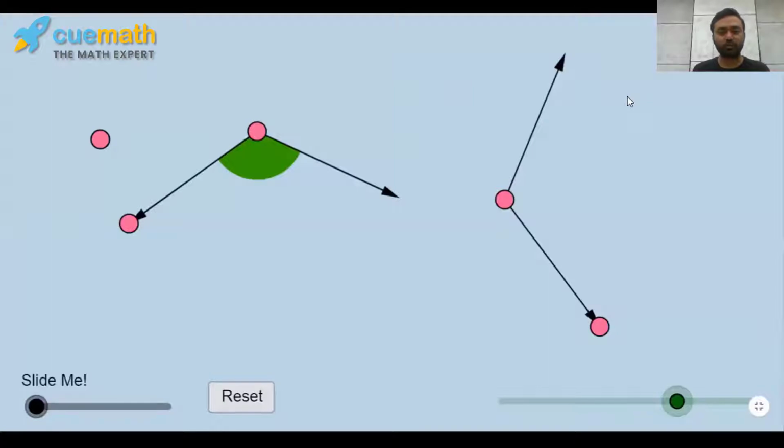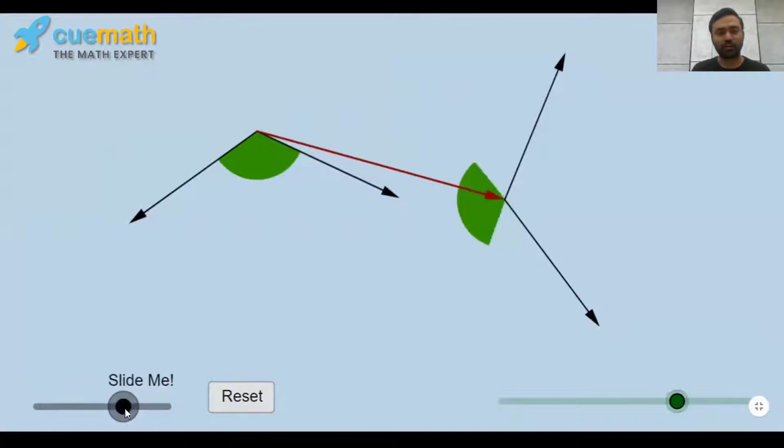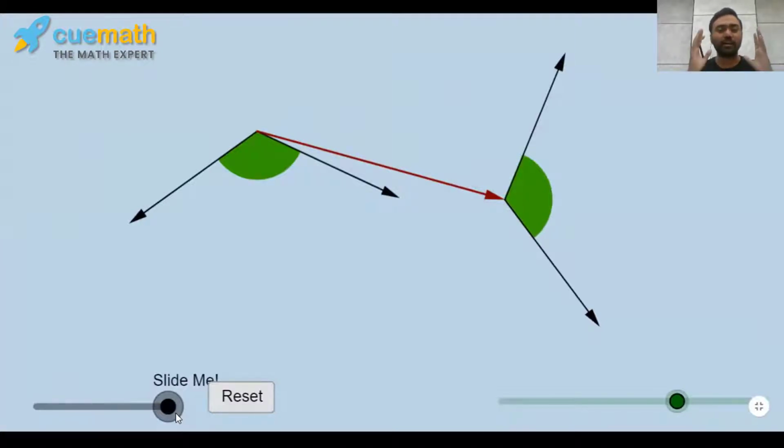So here on your screen, you must be looking at an angle which is marked with this green color. So this angle is drawn again here, such that now we see that both of these angles are equal. So we can conclude that any two angles are congruent if they are of the equal measure. The converse of this is also true. Like if the angles are of equal measure, the two angles will have to be congruent.